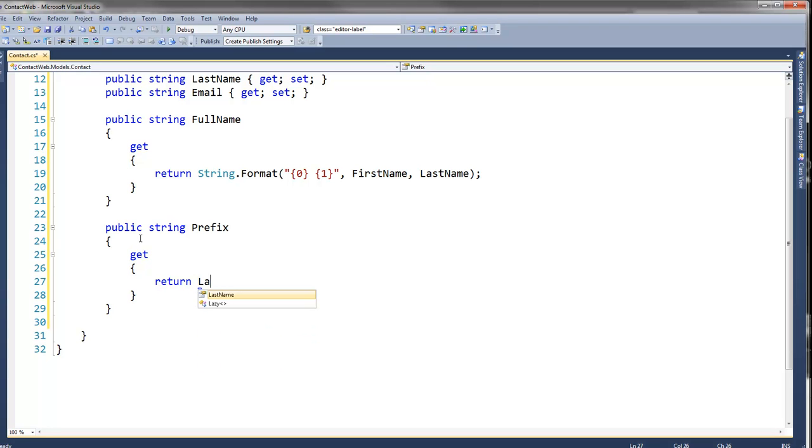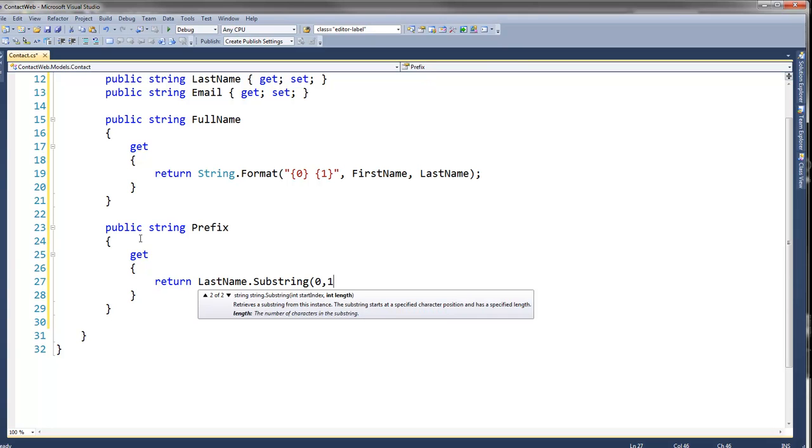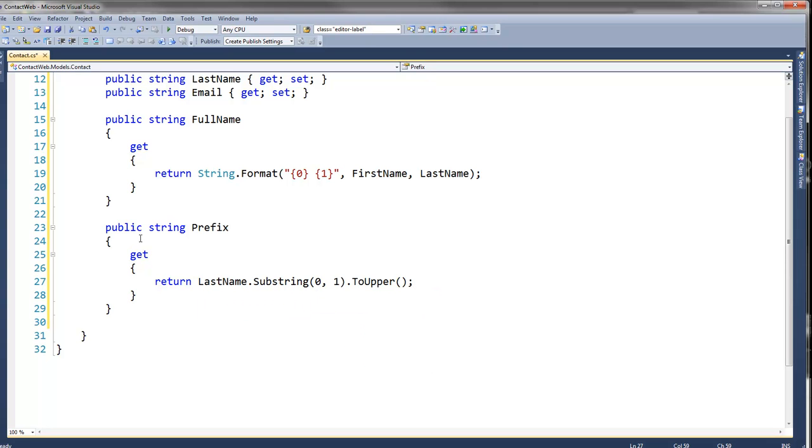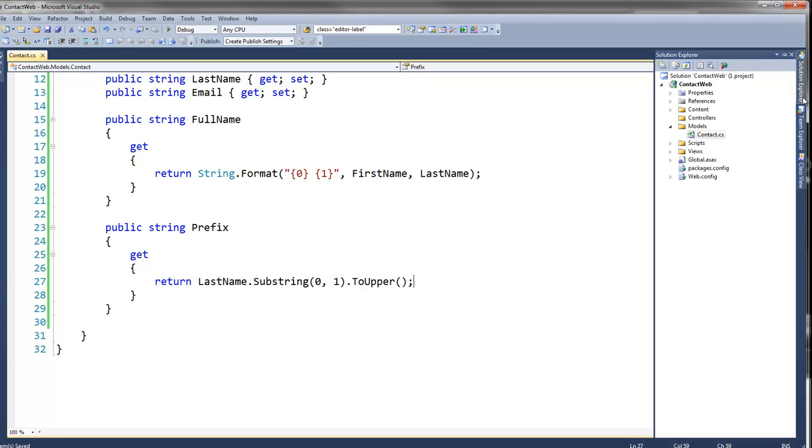Return last name substring 0, 1, and I'm just going to make this uppercase. Okay. So now that we've done that, we've got our entity, and now we're going to go and create our business